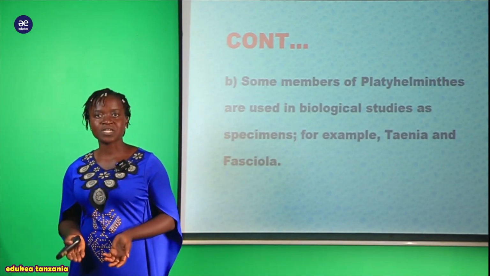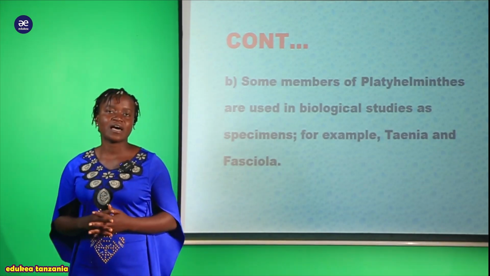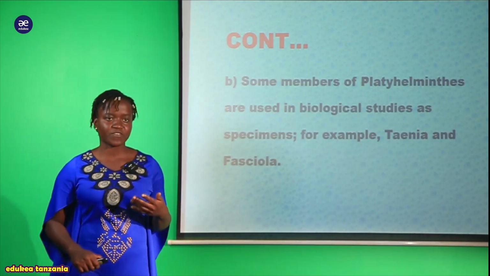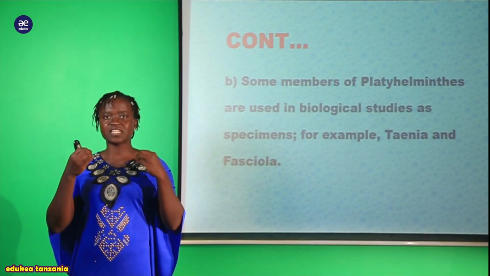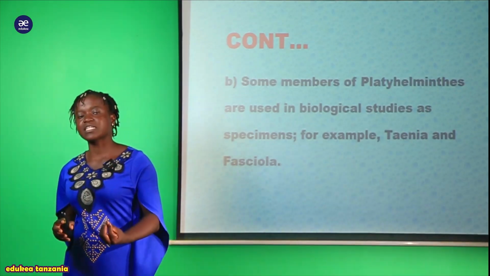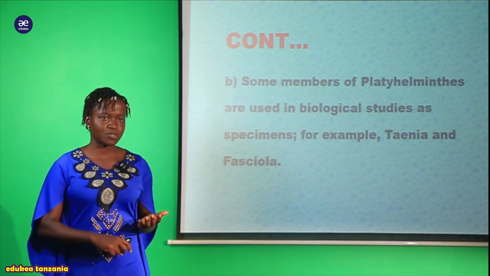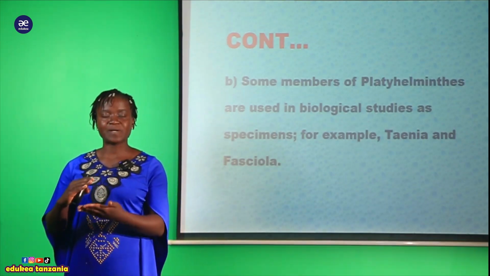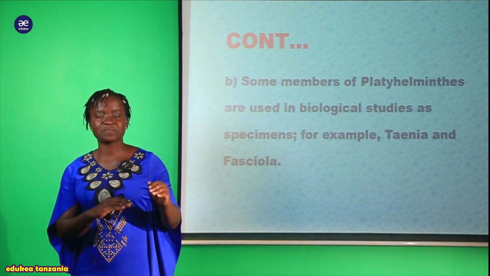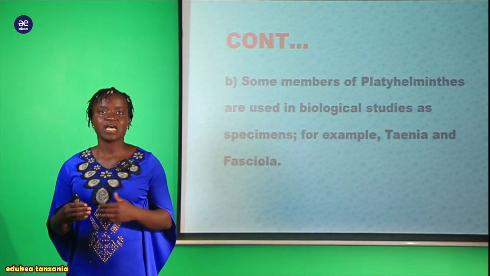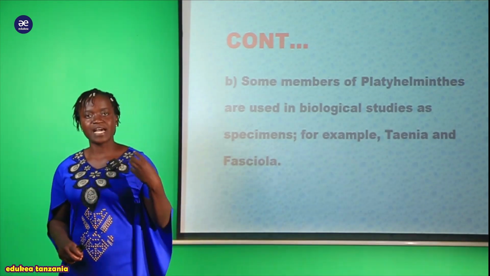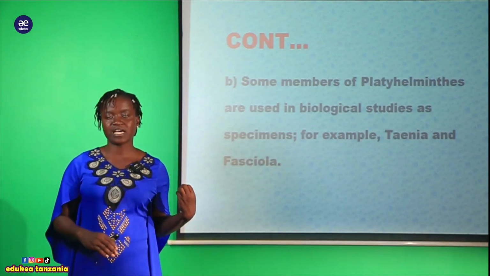So scientists use them. When you go further to a higher level, you are going to see what Taenia saginata is, what Fasciola is, and so on. Even at this level, my student, when you enter the practical session, you are also going to study the structure of this Taenia. You will see the real Taenia, the tapeworm. You will be asked perhaps to name the segment of that tapeworm which you have been given. Even we have Fasciola, mainly the liver fluke. Also you will be asked to study the structure of this liver fluke.